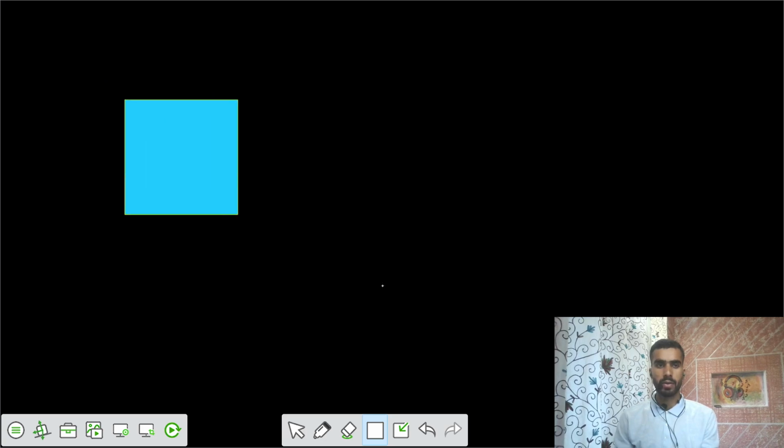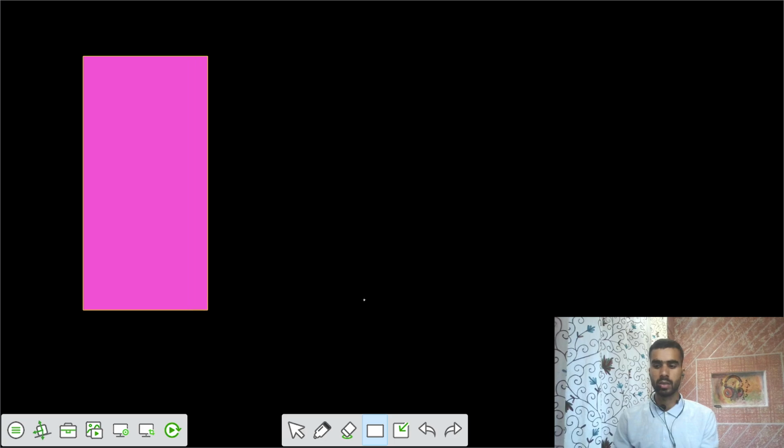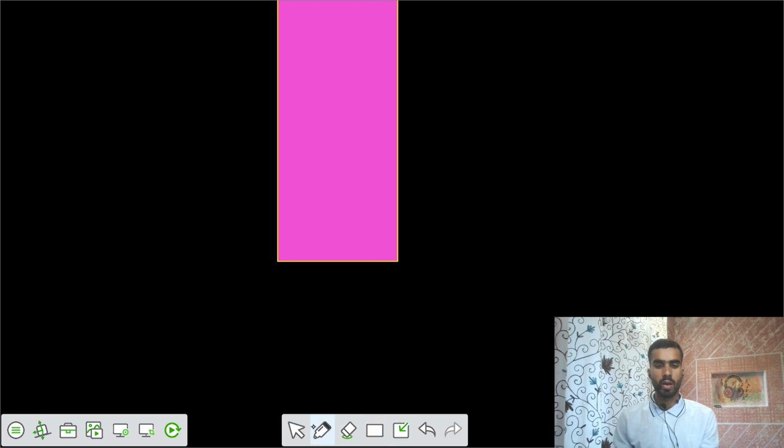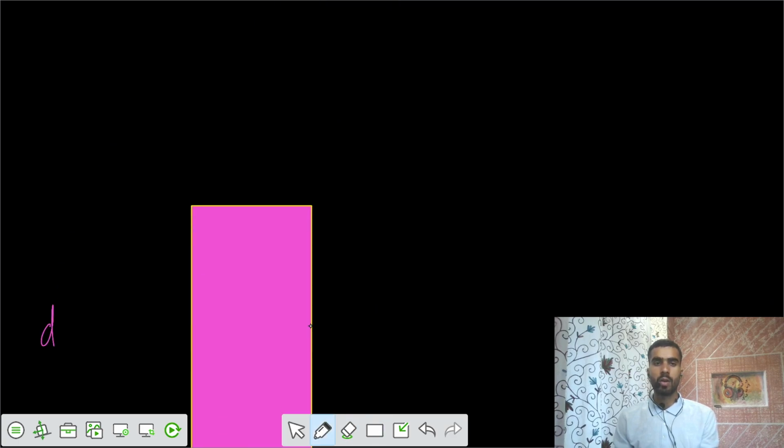Let's say you have this rectangular cross section of width b and depth d. Now the concept is that you want to say how much of the total shear force V applied on that cross section